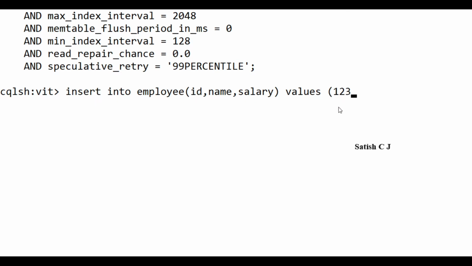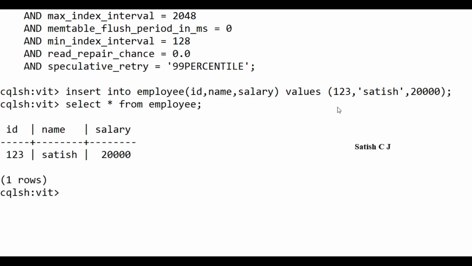Since it is integer, no need to give it in quotes. Name, I'll insert my name Satish, and salary, let's say 20,000, an integer value. So we are inserting a record here. And how to view this record? We use a select statement, select star from employee. So that's how you insert a record and then you view a record from the table.